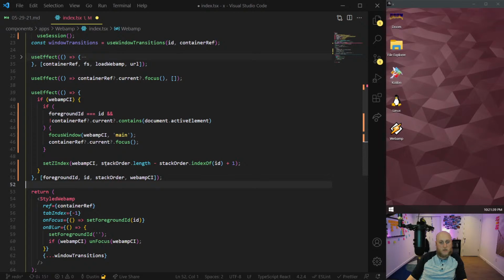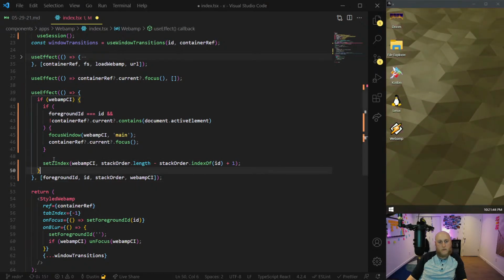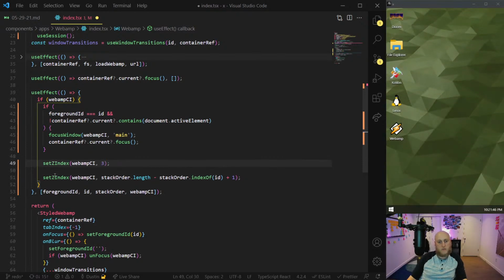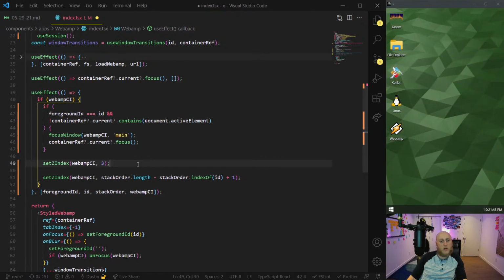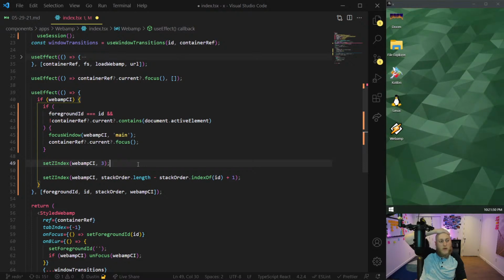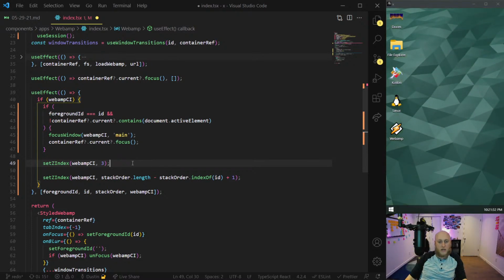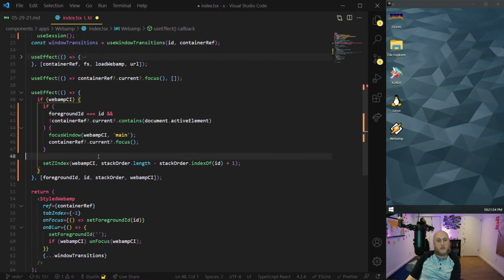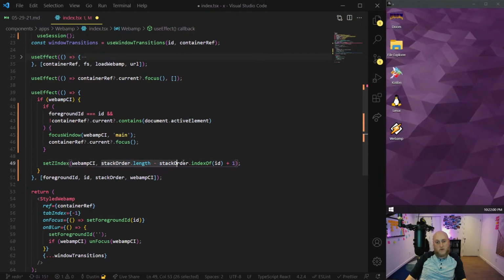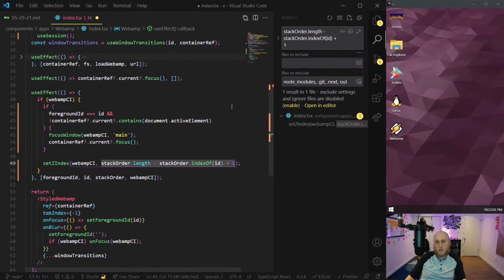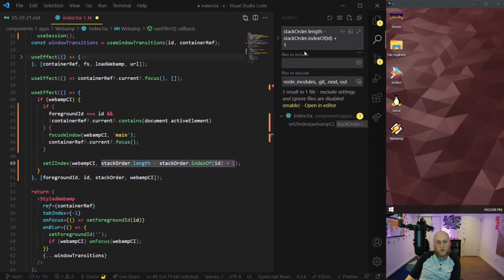So we got to add this. So basically what I did is before, I had some conditions where I was either setting 3 or a 1. Now I don't remember at what point I thought that made any sense, but I can't just arbitrarily be setting numbers. It just worked in my test where I was only using 2 windows. But the real reasoning, the real logic for it is this, and it's the same logic that I'm using somewhere else.